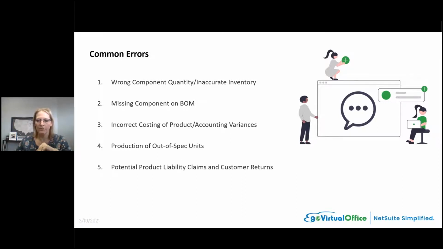Next one, out of spec production. So, what does that mean? If your production is out of spec, meaning maybe you identified an error, so you made an update to your bill of material in a previous batch. If you don't have that updated, you're going to lead to multiple rejected lots or rejected batches of material being